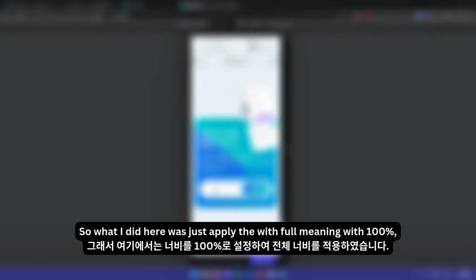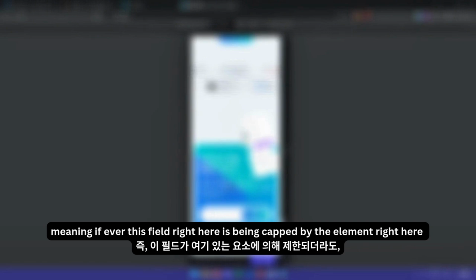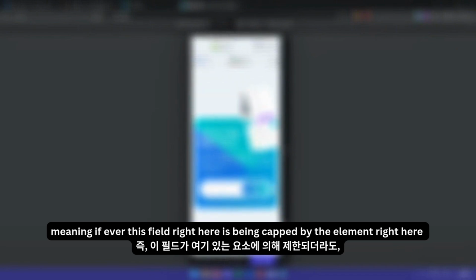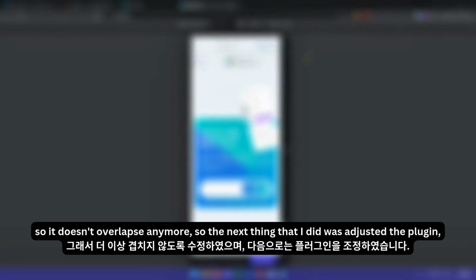So what I did was apply width full, meaning 100%, so that if the field is capped by the element, it just follows that one and doesn't overlap anymore.